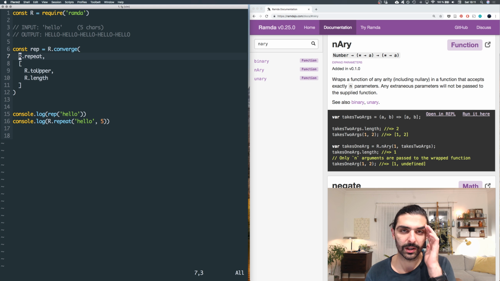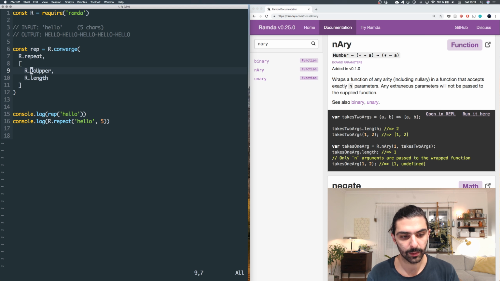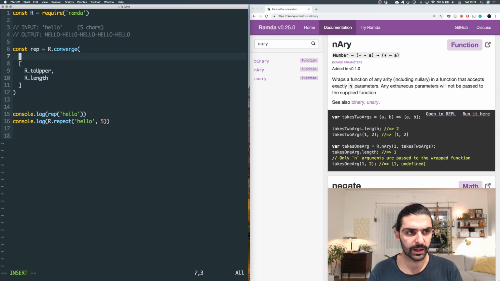But there is an issue along the lines of what I'm describing. I just can't remember exactly what it is. I assume it's something like, let's say this function has an arity of 1, but this function has an arity of 2. And when you pass multiple arguments to the converged function here, you want some of the arguments applied to some of the functions, but some other arguments applied to some other functions. That could be one potential caveat, but another one could probably be if we have R.call here, because R.call,